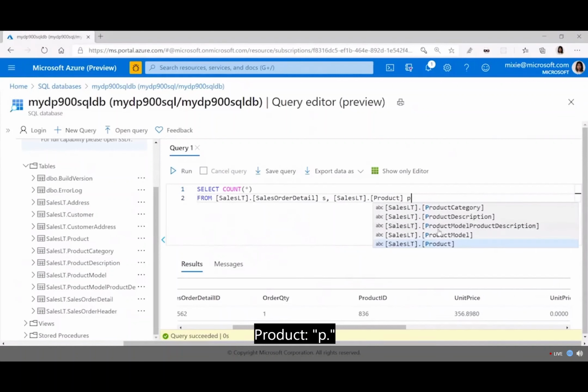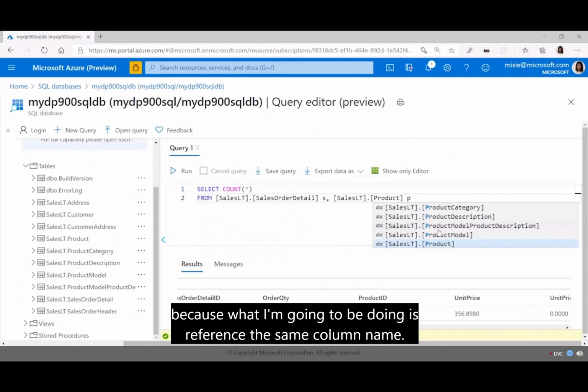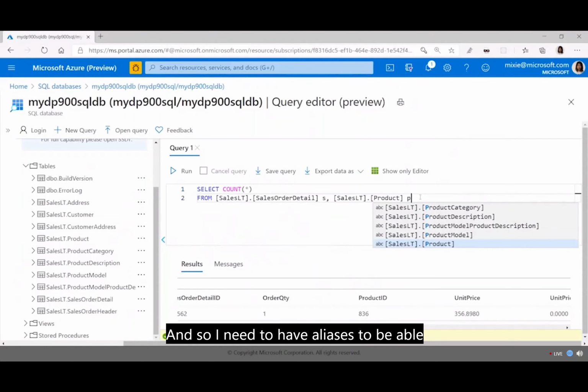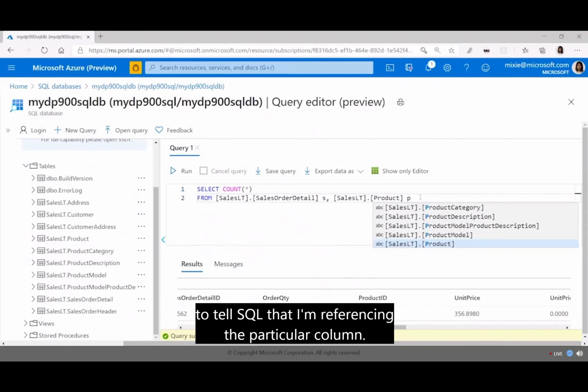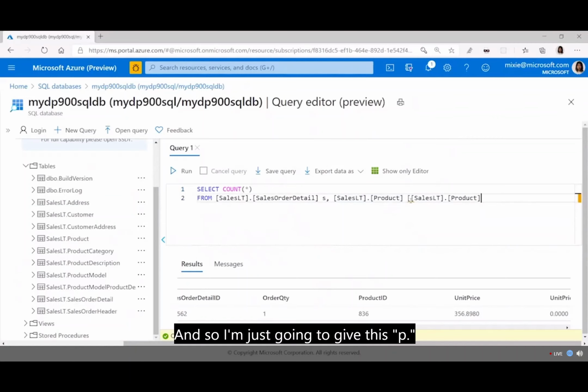Product P. So I need to give my tables that I'm querying from some aliases, because what I'm going to be doing is actually referencing the same column name. And so I need to have aliases to be able to tell SQL that I'm referencing the particular column. And so I'm just going to give this P, and